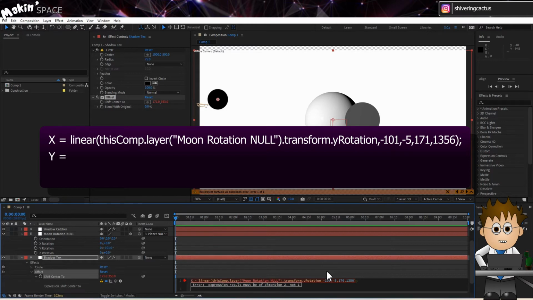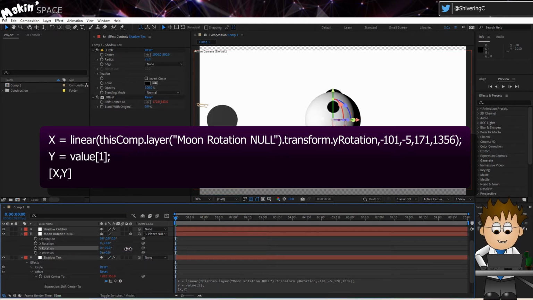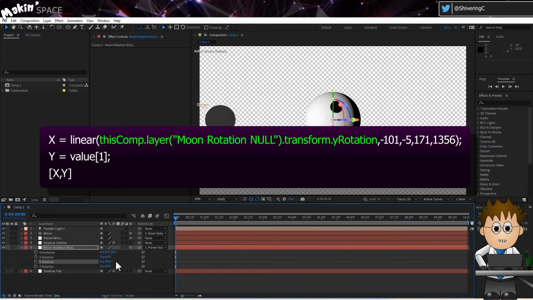set this manually using value, square brackets, 1, which is the value you choose for y. Close up the brackets, semicolon, square brackets, x, comma, y, close square brackets. And that's it. Now when I adjust the Y rotation, the moon layer orbits around the planet and the shadows